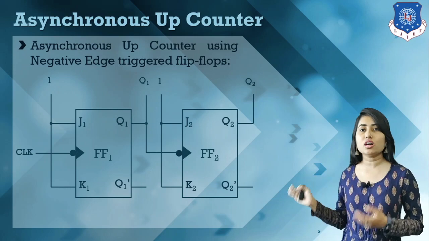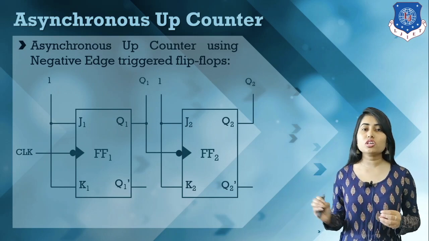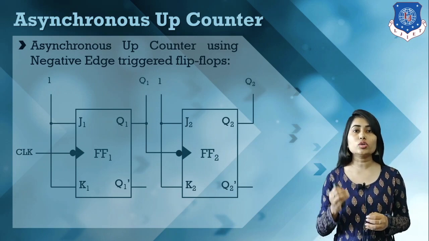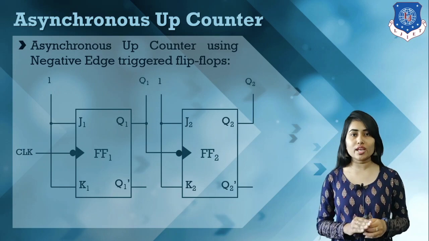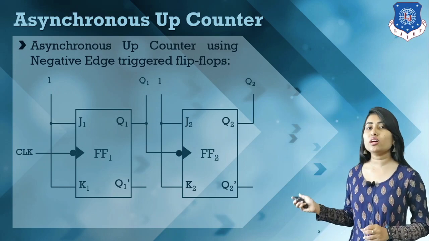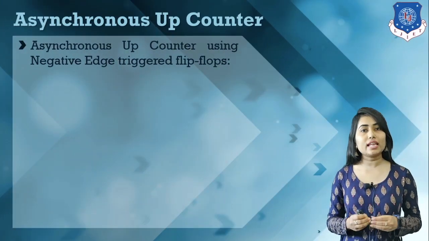Now, how will this circuit work and how can it count its value? Because here we have a 2-bit counter, it counts a total of 2 raised to 2, that is 4 values, starting from 0 to 3. So how will it count? Here we have this waveform characteristic. Using this we can calculate how it counts.